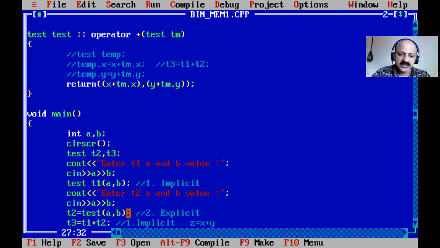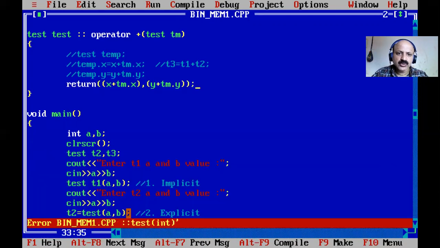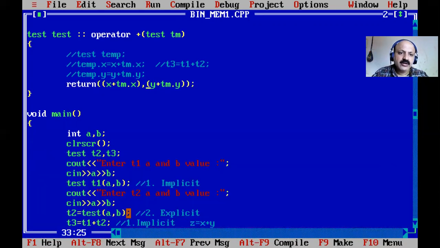So I first compile it, and see what happened. Yes, tm is never used. So we can return, yes. We cannot use tm, obviously, so it is giving the error. So here